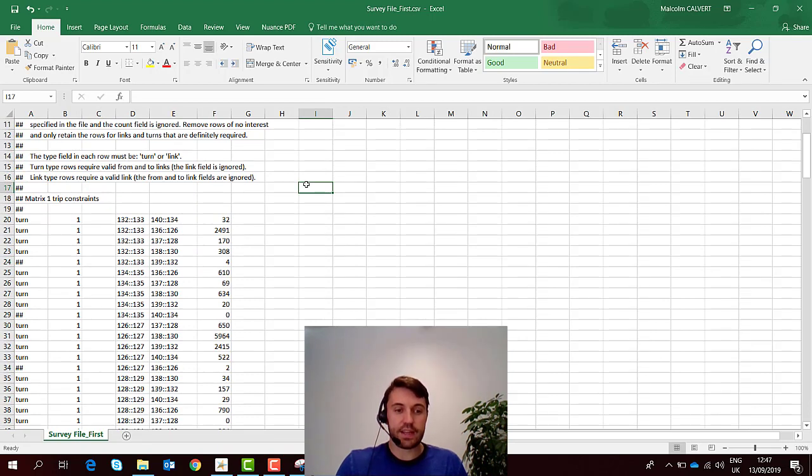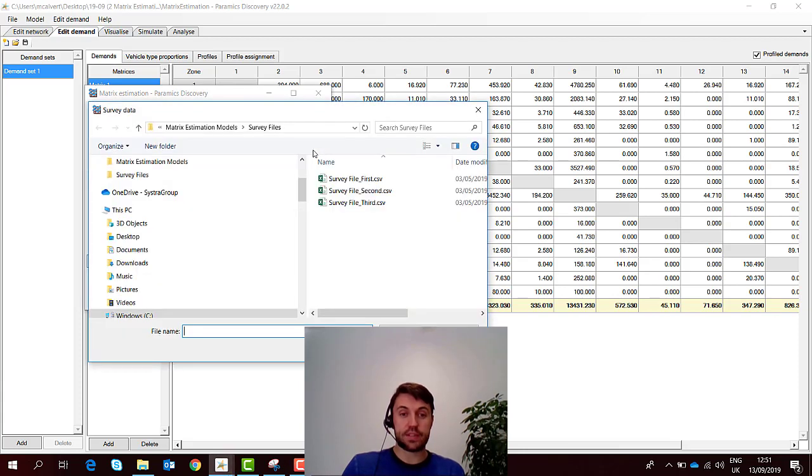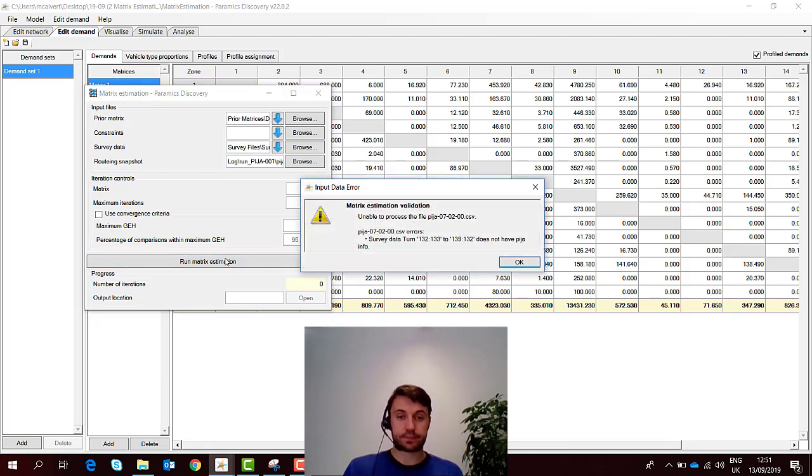Now, if I save that, close it, I'll be able to load this survey file in now. Okay, so I've corrected my survey file, removed those spurious node references, and what I want to do now is load in my corrected file into ME and hit run matrix estimation. And what happens now is I get a different error, this time unable to process the file pija